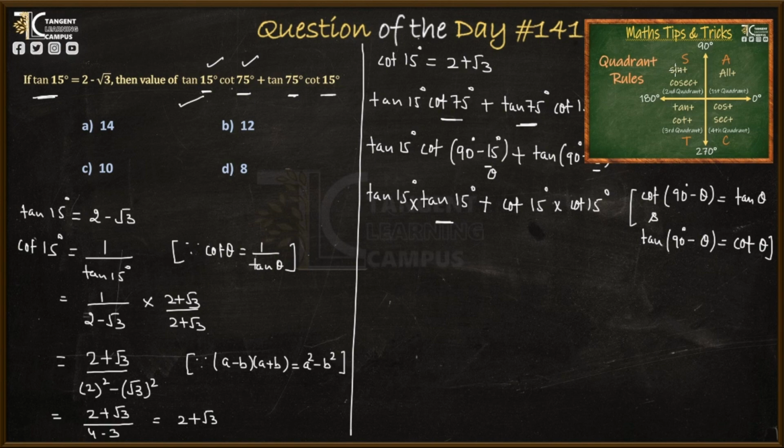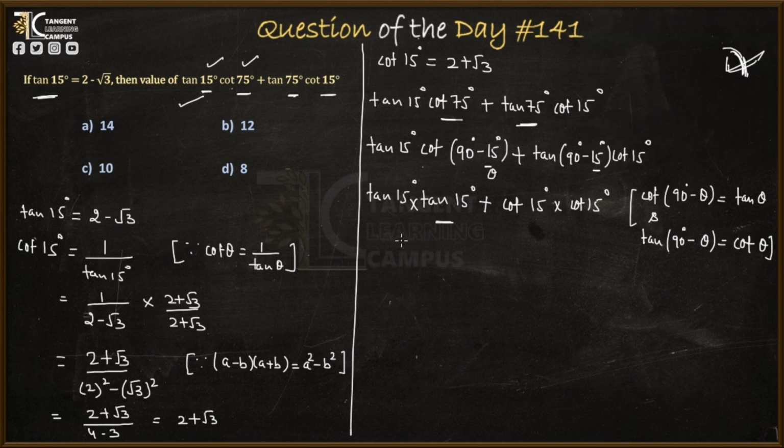So here is the quadrant. If we talk about cot(90° − 15°), that will basically fall in the first quadrant, and in the first quadrant everything is positive, so this value is positive, right? And we know that if we add or subtract any angle from 90° or 270°, things change, that means cot is converted into tan and tan changes to cot, so that's why we have written tan 15°, and similarly for the second part we have cot 15°.